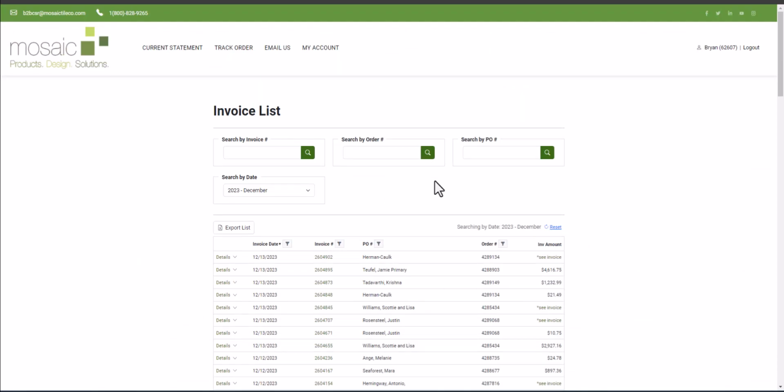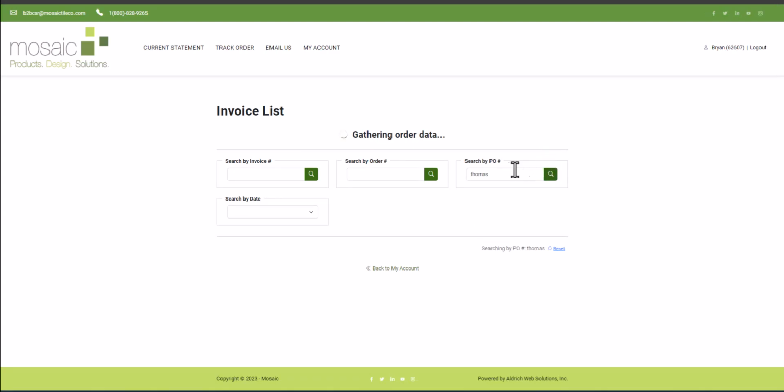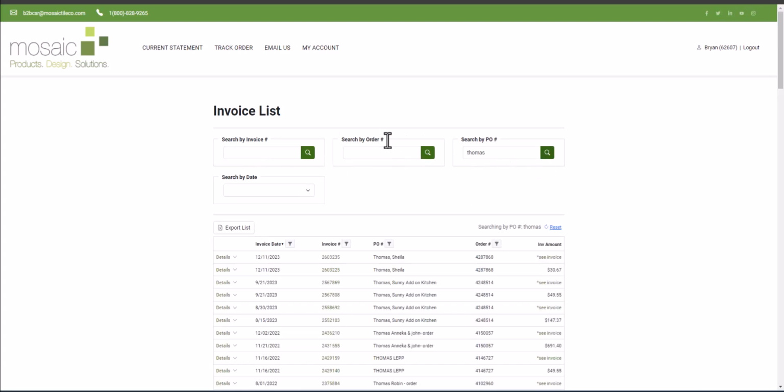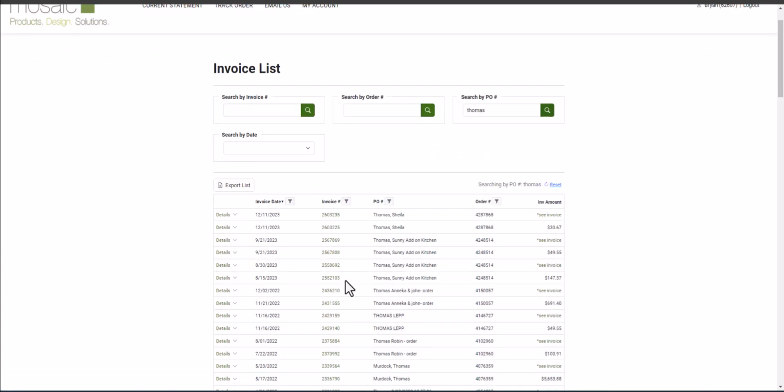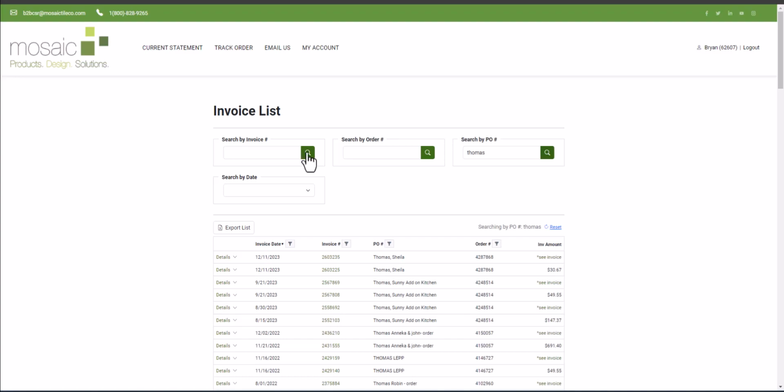You can also search by the invoice number, the order number, or the PO number or job name. So if you know the customer's job name, you type in Thomas and click search. It'll bring up every invoice that has the name Thomas in the PO number field. Then you can quickly find your invoice and look at the details or click on the invoice number. Very simple to use. Now going back to the home page,